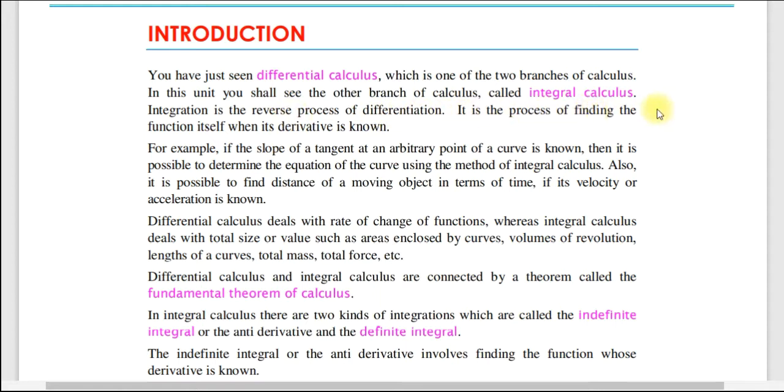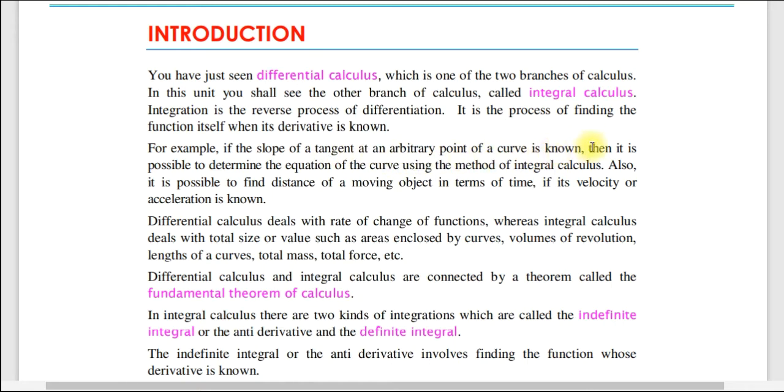It is a process of finding the function itself when its derivative is known. Okay, derivative ከታወቀ function መፈለግ which is called integration እንለዋለን።